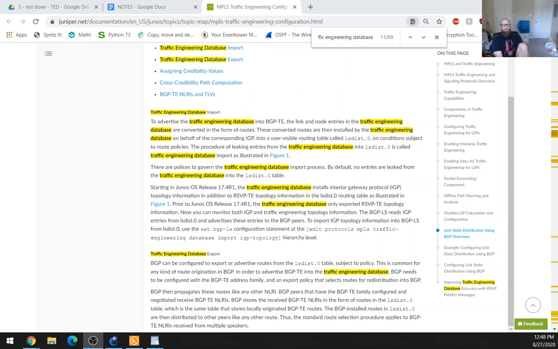There are policies to govern the traffic engineering database import process. By default, no entries are leaked from the traffic engineering database into the LSDIST.0 table. Starting in Junos release 17.4R1, the traffic engineering database installs Interior Gateway Protocol IGP topology information in addition to RSVP-TE topology information in the LSDIST.0 routing table, as illustrated in Figure 1. Prior to Junos OS release